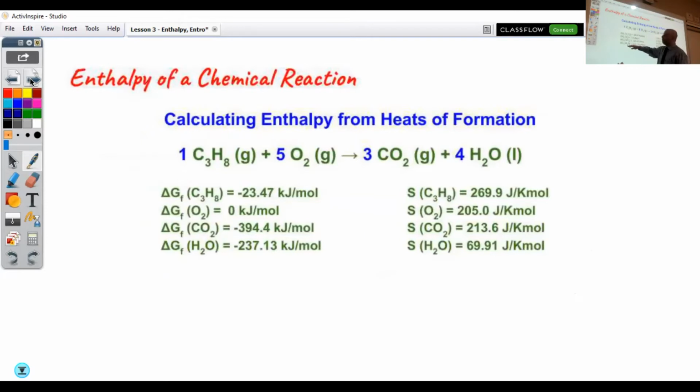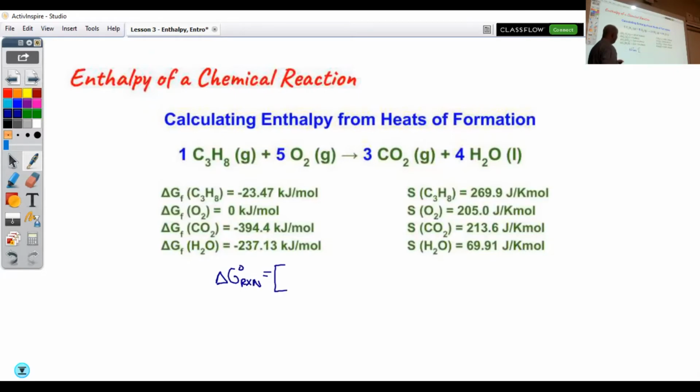Notice, just like we saw before, the delta G of formation for an element in its natural state is 0 because it does not have to form. That's how it already exists. So we're going to do the exact same thing. We're going to start over here and we're going to say that the delta G for the reaction